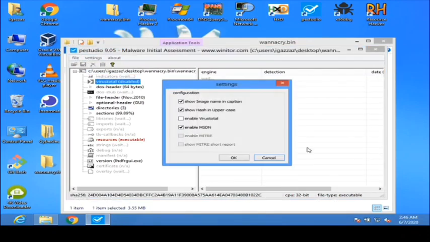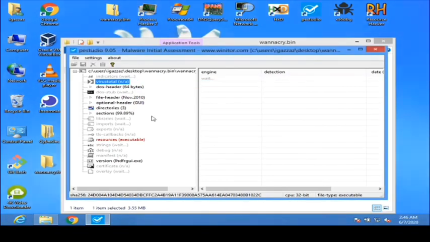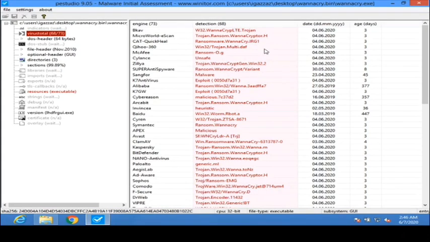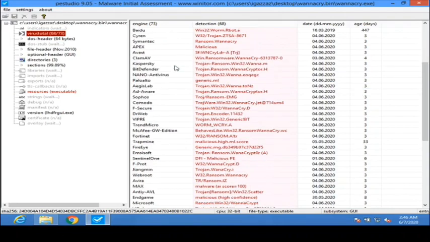Let's enable that. Right, so we can see the number of hits it has in VirusTotal. See, these are the variants we can see,